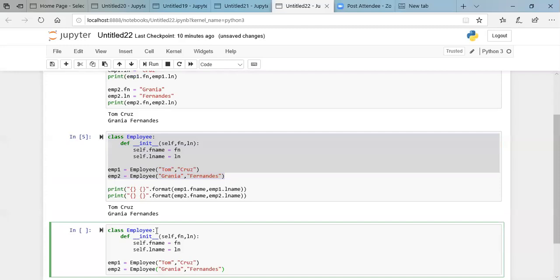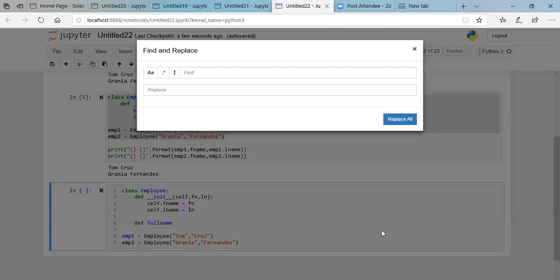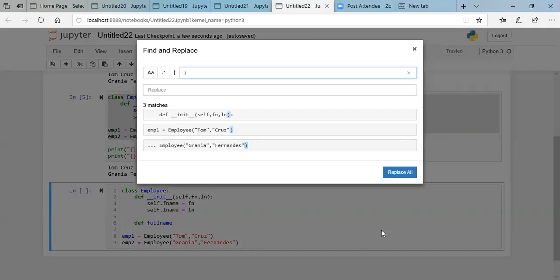I'm just copy and pasting this part here. And then I'm going to define another method in the same class with the name full name, and I'll be passing the self parameter to this.